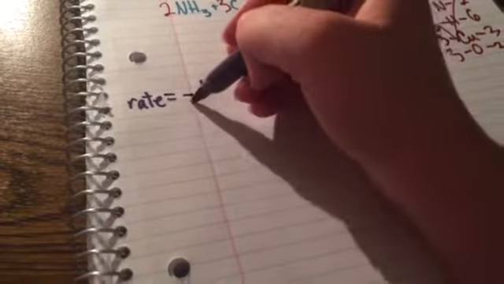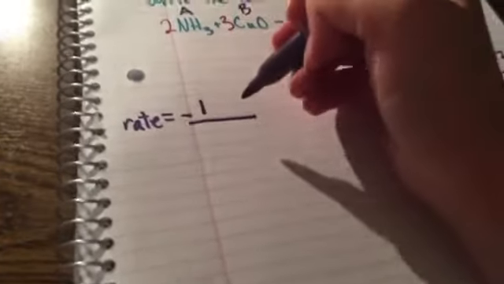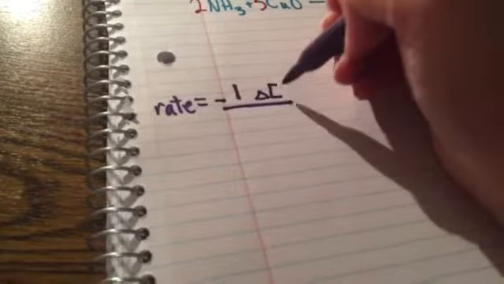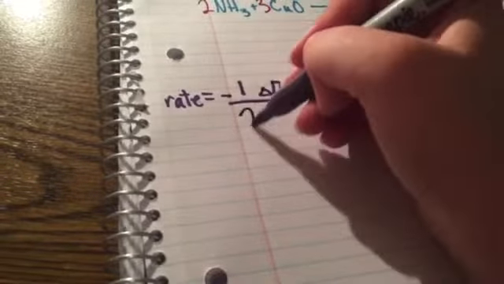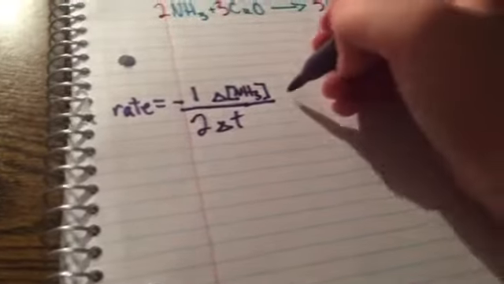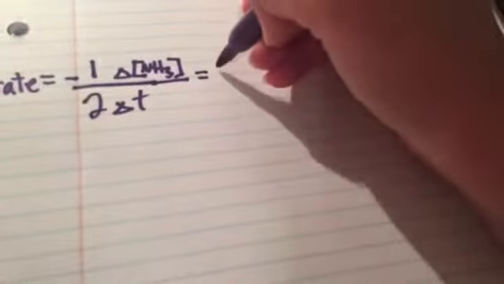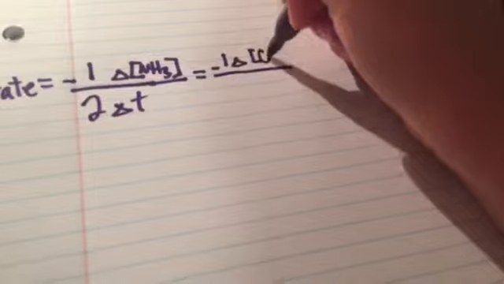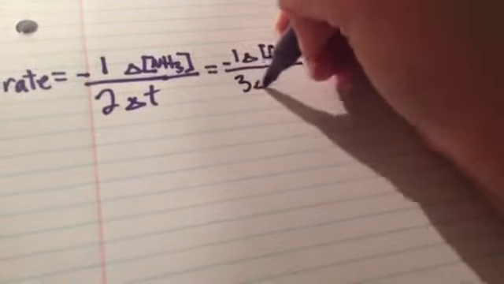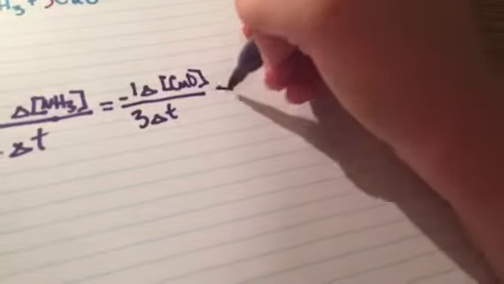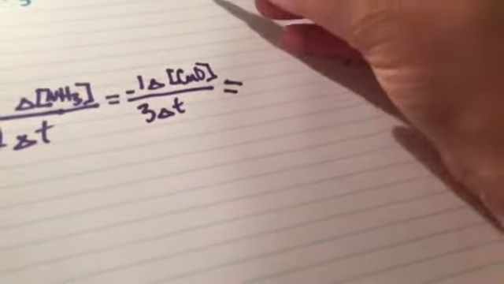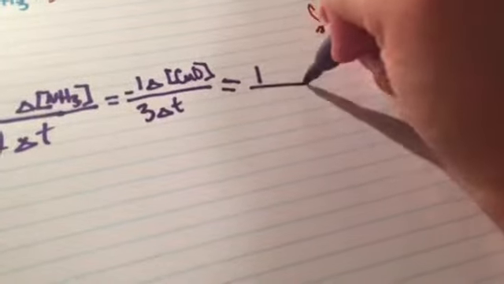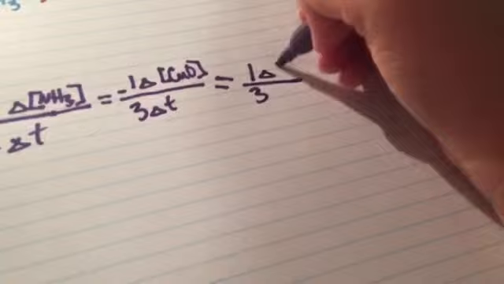So we can say that our rate is negative, because it's on the reactant side, 1 change in the concentration of NH3 divided by 2 delta T, which equals negative 1 change in the concentration of CuO divided by 3 delta T equals, now we're positive because we're on the product side, so 1, no negative, over 3 change in the concentration